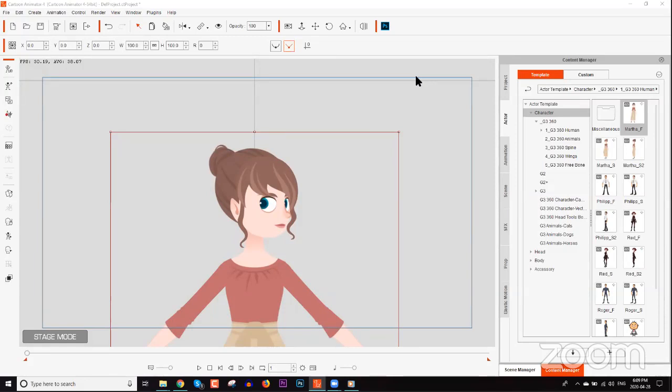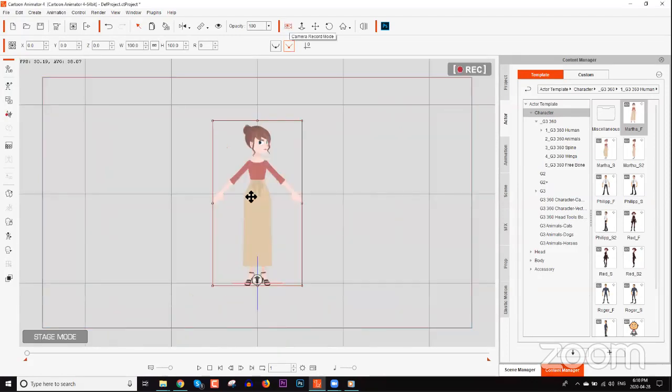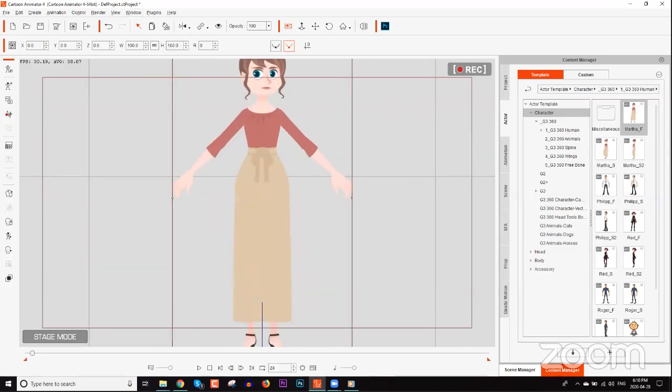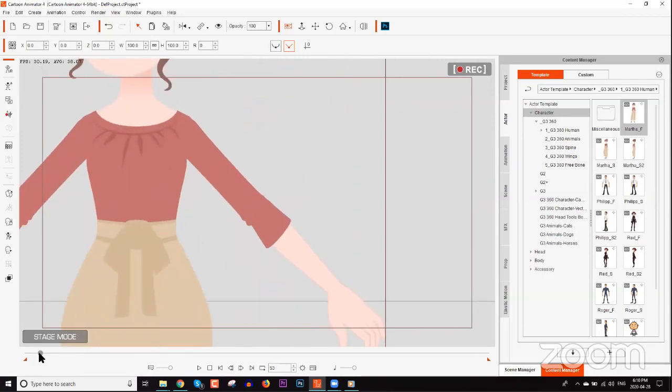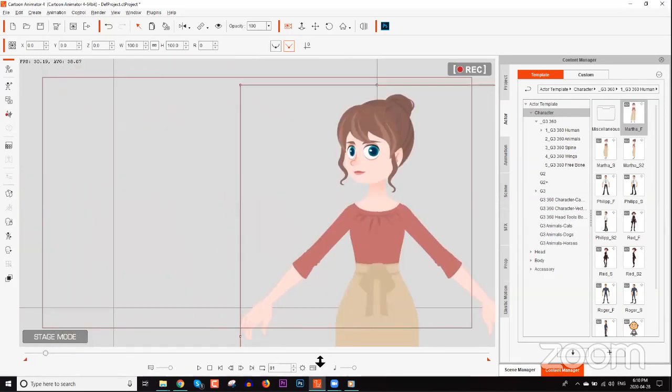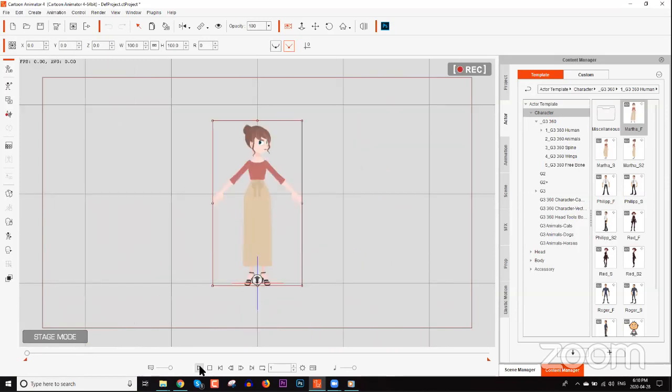Okay, so question from Jacob. As long as you're in record mode, everything you do is recorded, correct? Just want to make sure. Yeah, once you're in record mode, every single camera movement is recorded. So if I enter record mode and I go like this frame, and I go in this frame, I just try to adjust it here. In this frame, I go way out over here. If we play back, it's going to be